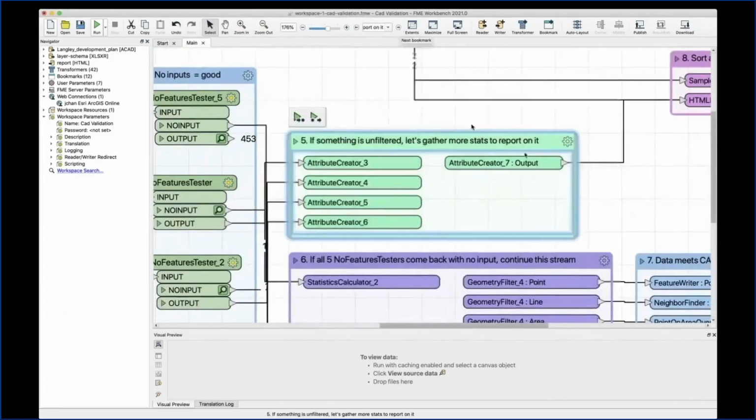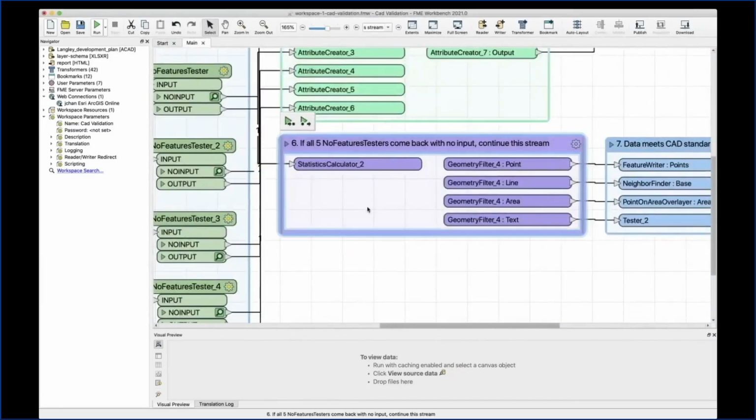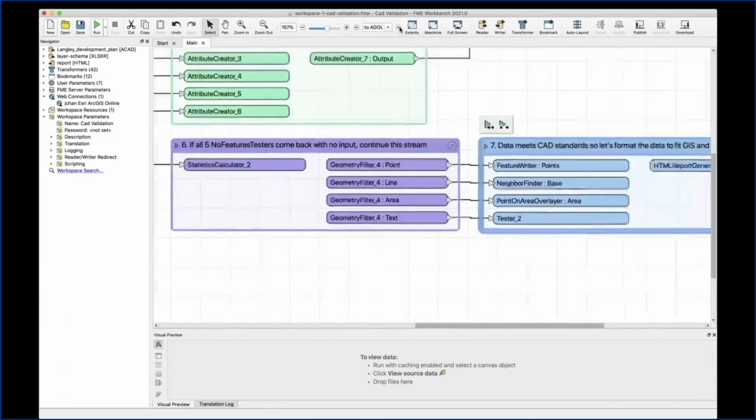These next two bookmarks are a little bit more reporting, so just to give us a little bit more information about what went wrong. A little bit more reporting here for statistics, and then this is our check for whether everything has come through. This is sort of that critical pass or fail for this workspace or for this plan. And then